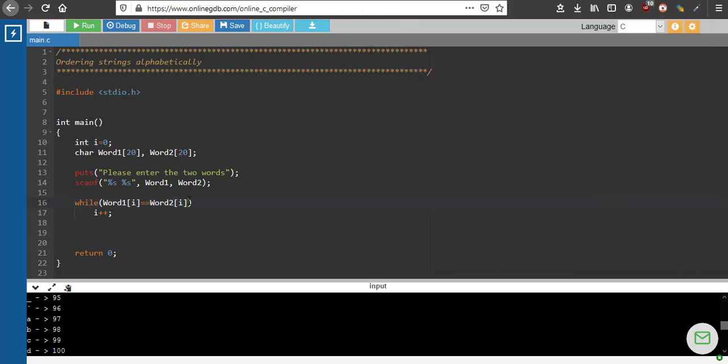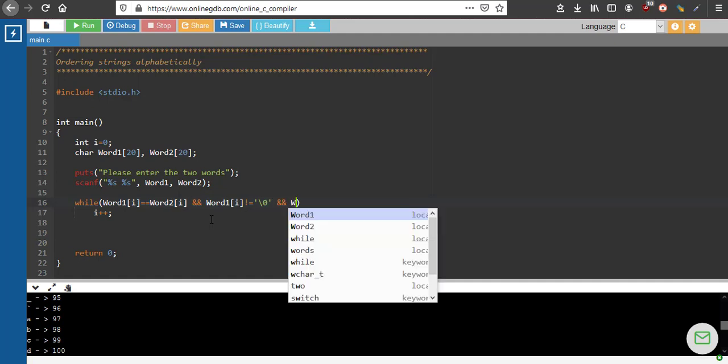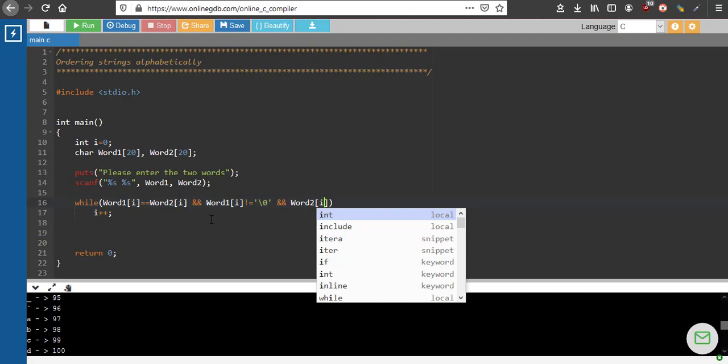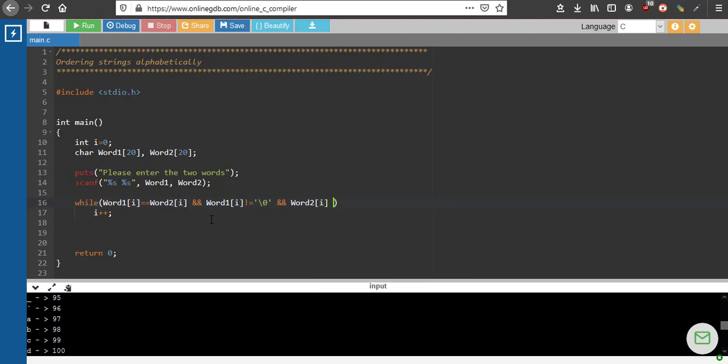So that condition also I will put here. And word 1 of I is not equal to backslash 0. Same thing I will do for word 2 also. Word 2 of I is not equal to backslash 0.